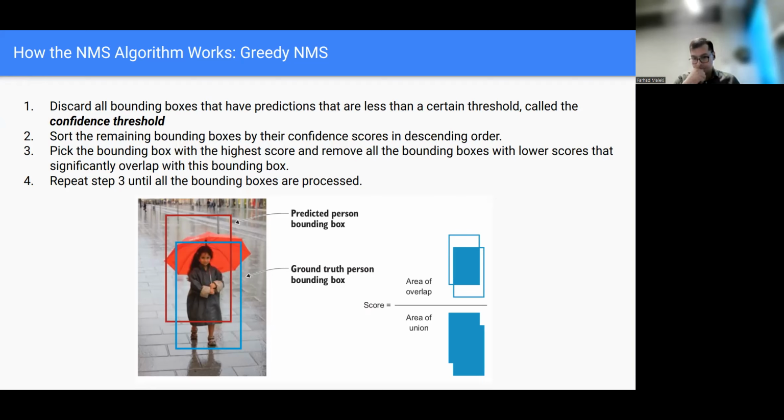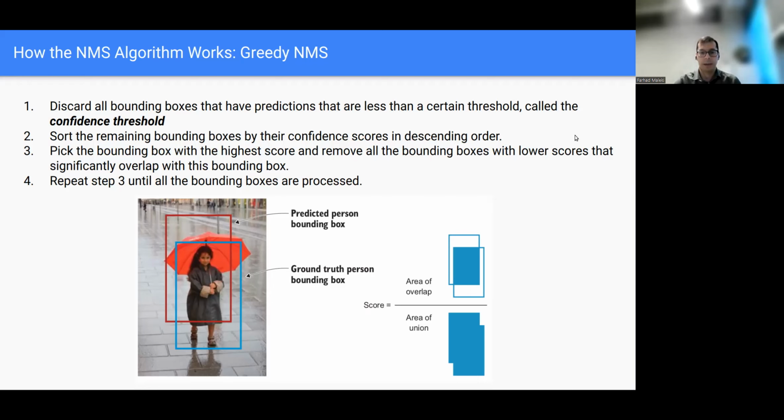We know that there is an object here, a high probability of being an object, so we pick that one and remove everything that has a significant overlap. Iteratively, we do this until we process every box. So that's the way that this could be done.